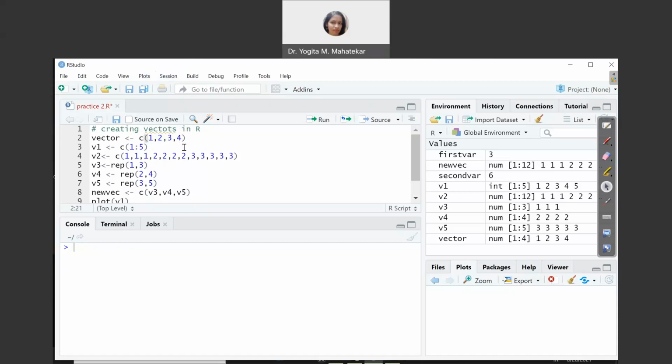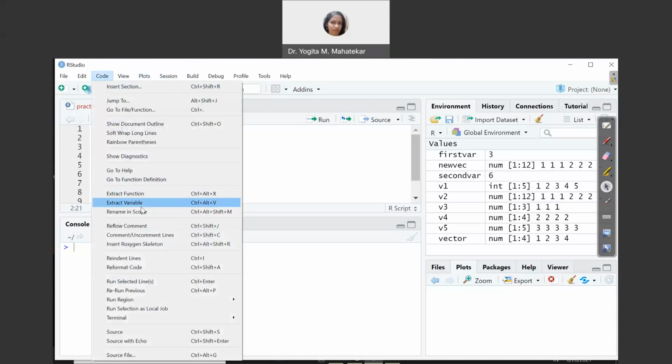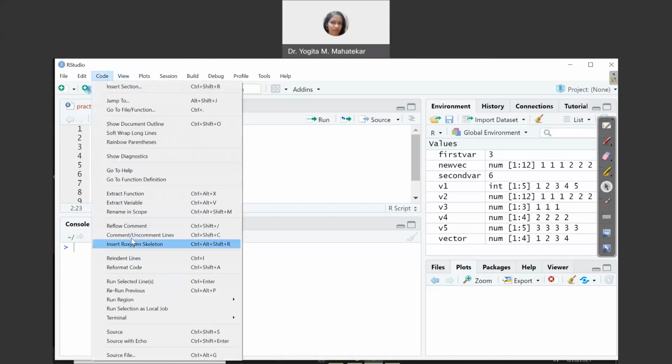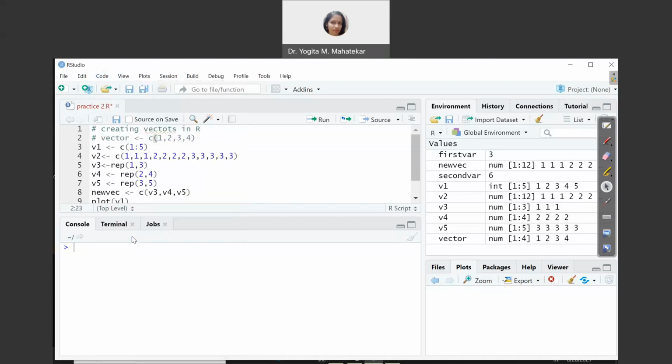So what you do is just go to that particular line, say the second line, then go to Code and click on Comment/Uncomment Lines. Now this particular line is in comment form, so it will not execute if you run it. Suppose I have to uncomment it again, you just go to Code and uncomment it. Again it will be an operable form of the command. So this is how to do it.